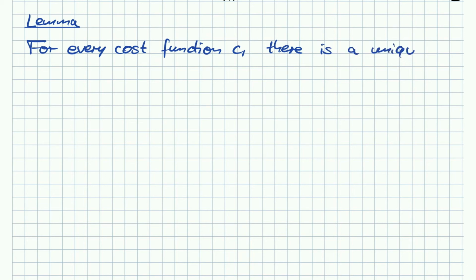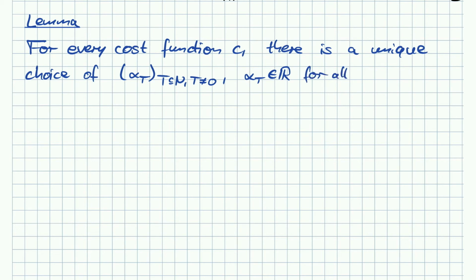We'll show that for every cost function C, there is a unique choice of a sequence alpha t, where all of these are real numbers, such that